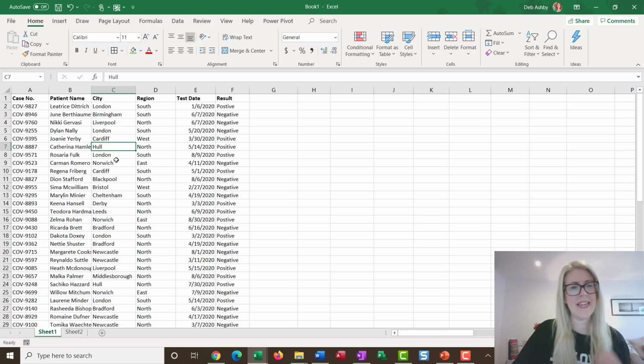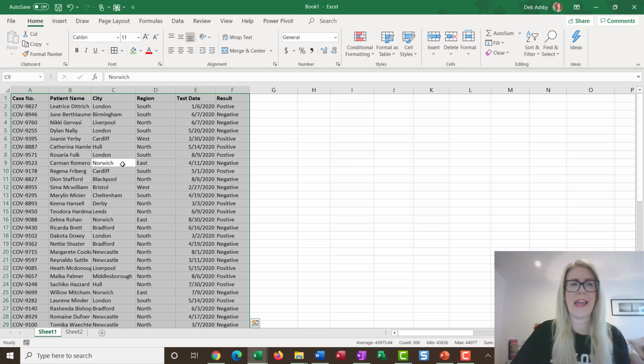I always like to name my data range. So I'm going to click in, Control A to select all. Then up in this little name box just above where it currently says C9, I'm going to name this range of cells. And just for laughs, let's call this Bojo's Big COVID Table of Doom. Now you'll notice there when I'm naming my range that I haven't got any spaces in between those